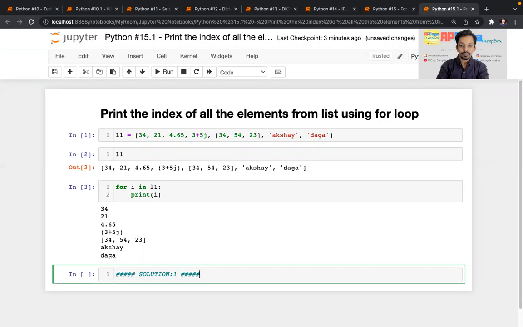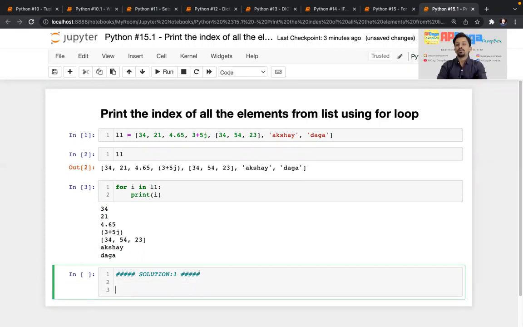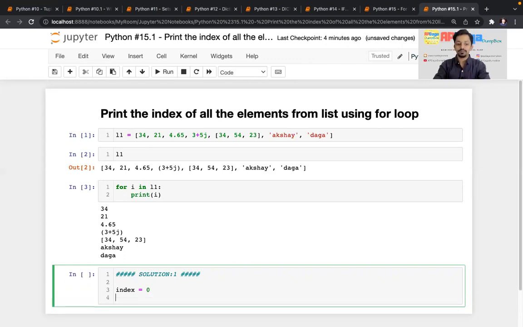Let's start. We know that index starts with 0 in Python. So I'll write index equal to 0. I created a new variable, its name is index, and I have assigned the 0 value to it.